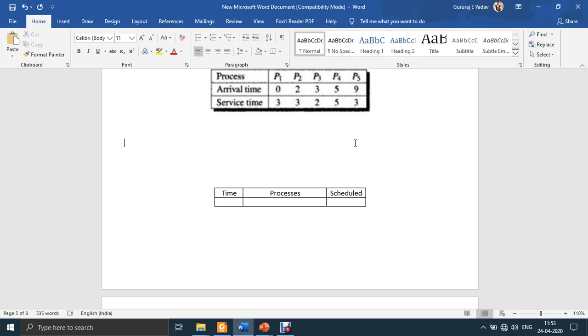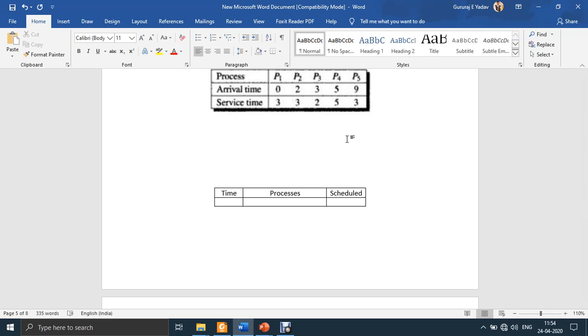This scheduler works on the principle that whichever process has the least estimated completion time, or least remaining service time, will be given the chance to execute, to acquire the CPU. Then we found out turnaround time TAT and waiting time,